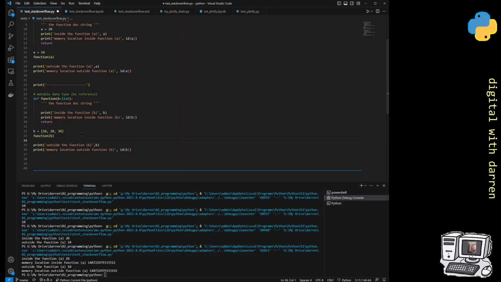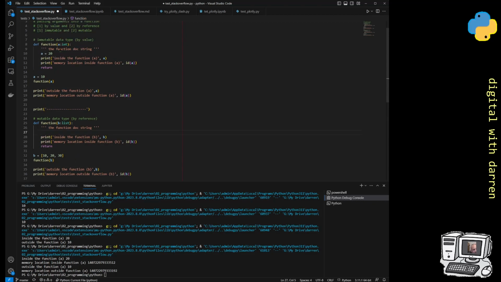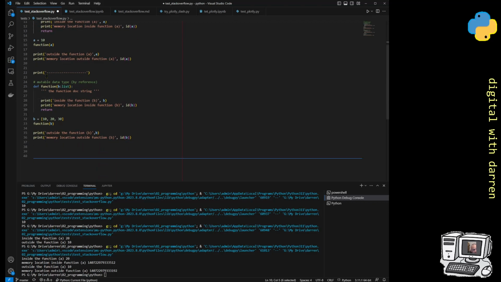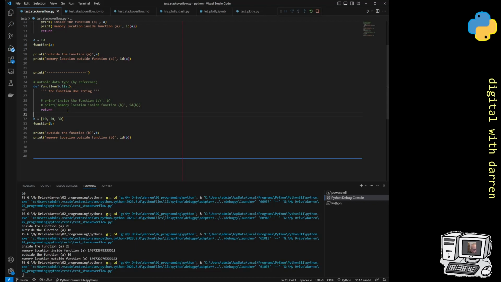And we're still going to run our function on B, so nothing's changed there, and we're going to print outside of the function B and so forth. And let's just have a look. Again, this was equivalent to when we did our first example at the top here with A, and we didn't put anything in. So here we've put nothing in for B, nothing's actually happening, and in fact I might even comment these out for now, Ctrl+/ to comment, just to make sure that B is nowhere. We can see that B is actually grayed out. So when we run our code, just to check that it works,